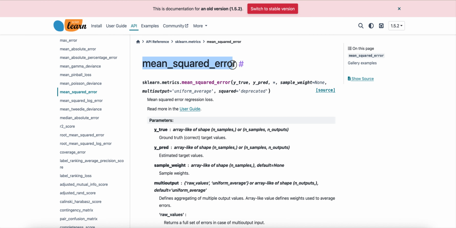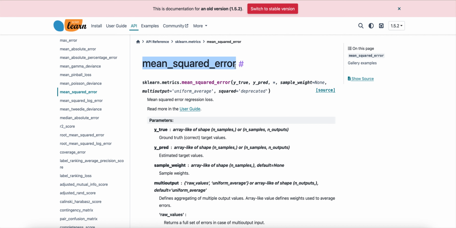Here from the sklearn official documentation, you can see mean square error, which takes two arguments, y true and y predict, and based on that it will give us a number, which is the error in my function, and this means how close my prediction value is